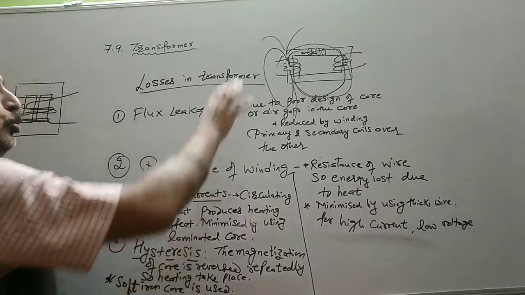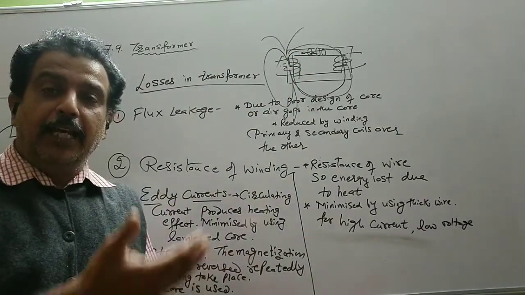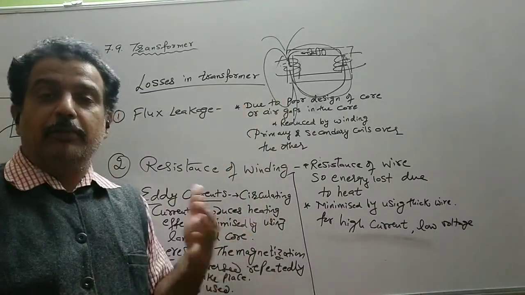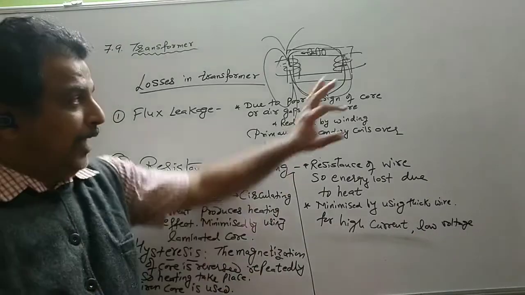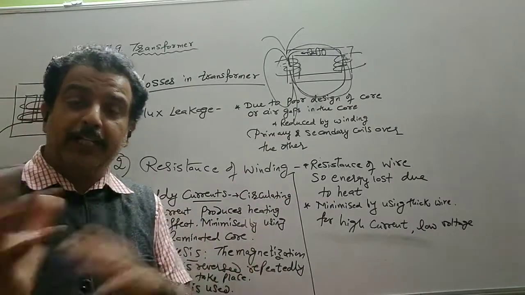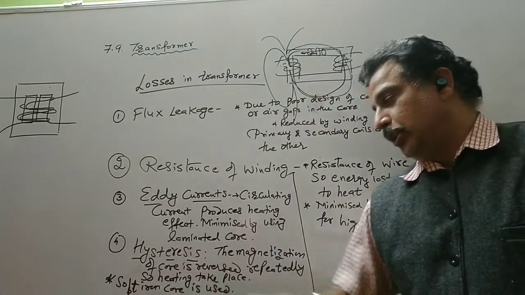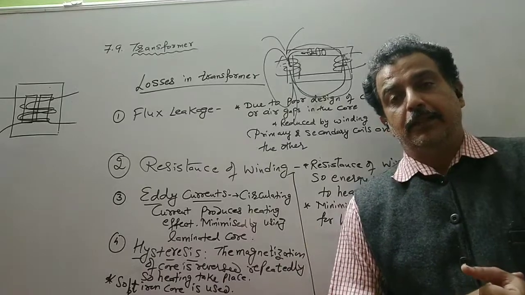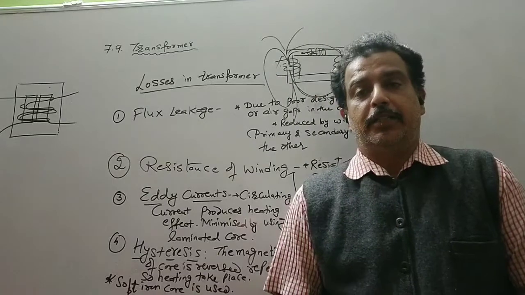But you have to use a material which immediately gets magnetized, and again reverses. Whenever our input reverses its polarity, the magnetic flux or AC voltage or AC current, the dipole should also change its direction immediately. It should also magnetize in the opposite direction. Now this is possible only when we use a soft iron core, which is a strong ferromagnetic substance. So this is how we minimize the losses in the transformer.